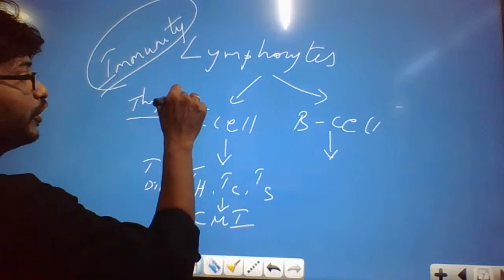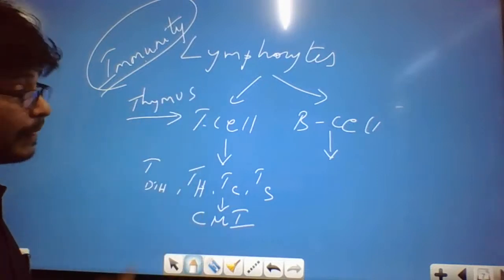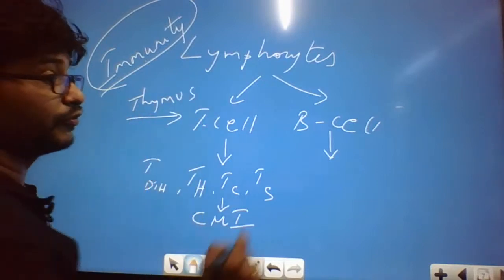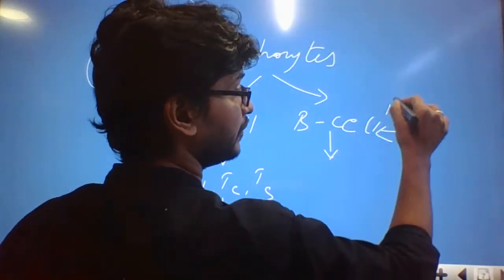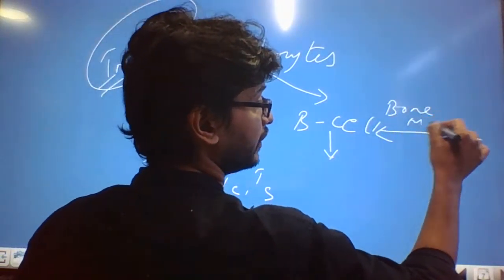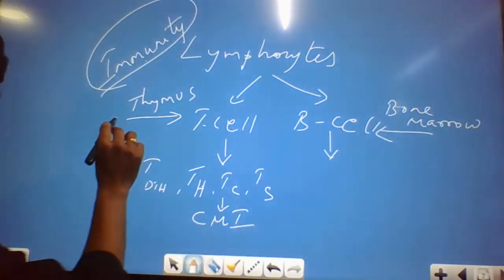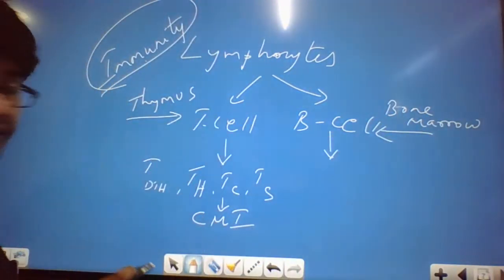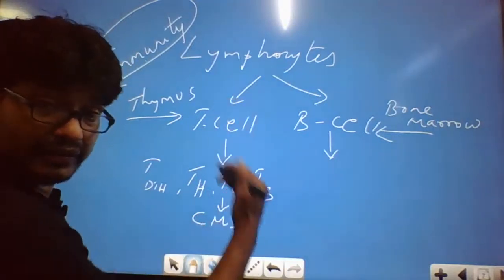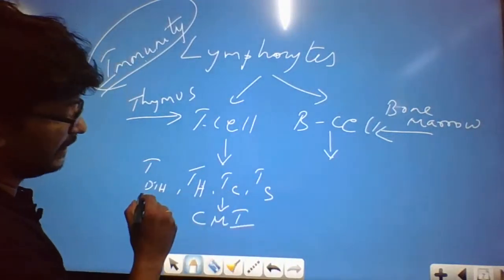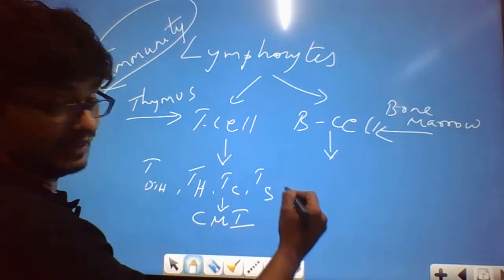The primary lymphoid organ that you would have studied is the thymus. Thymus is a primary lymphoid organ. Of course, the bone marrow is also a primary lymphoid organ. The bone marrow produces the B lymphocytes, and the thymus produces the T lymphocytes. Fine. So T cells ல இருந்து வர அடுத்த sub cells ல இருந்து அந்த DTH, helper cells, cytotoxic cells and suppressor